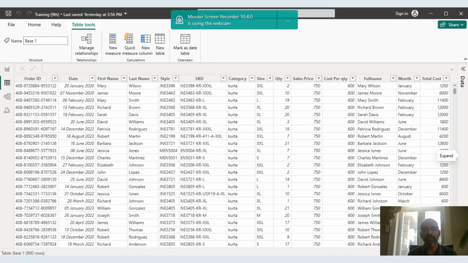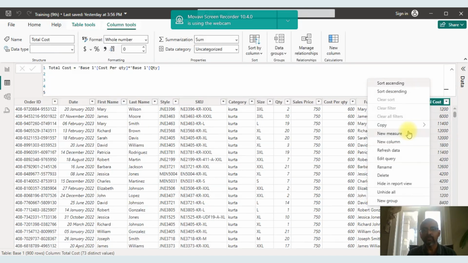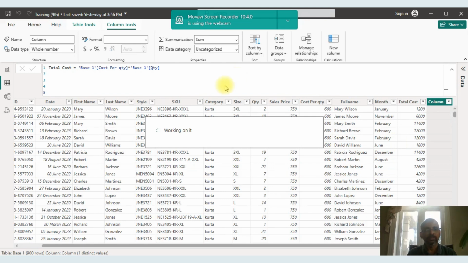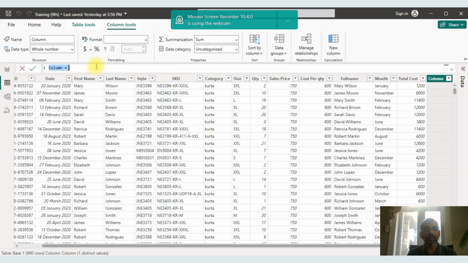All you have to do is copy paste. The only difference from Excel to Power BI is that in Excel we do it in cells, and as I said earlier, I repeat again, we do it for columns here. So right click on the total cost column, new column, a simple formula. I'm keeping it as incentive for simple if condition,